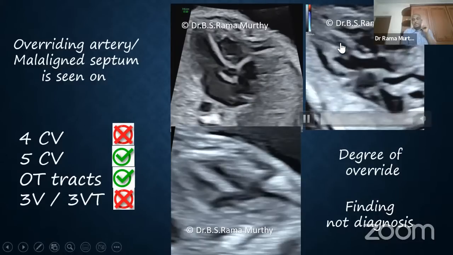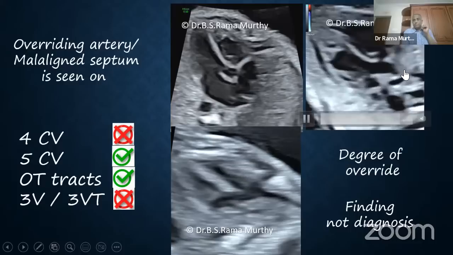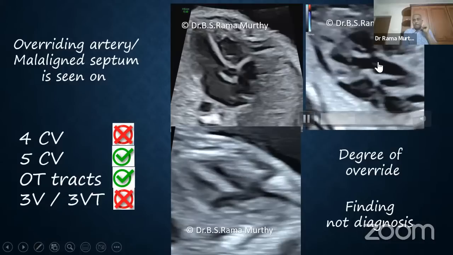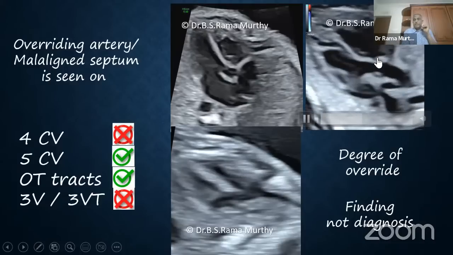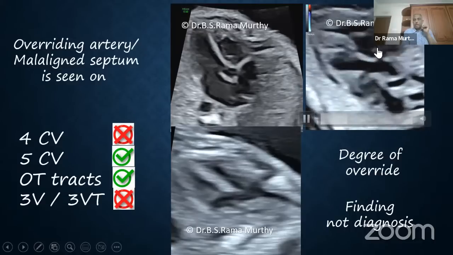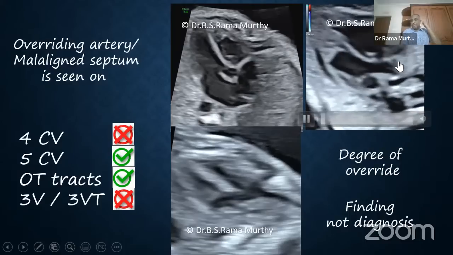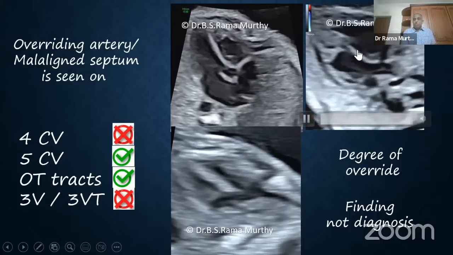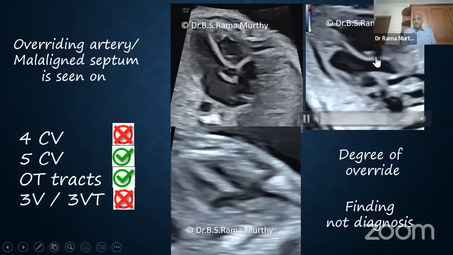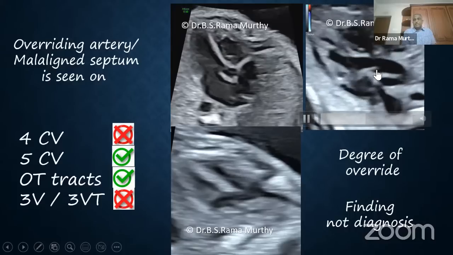Okay, so let's look at this clip, and in this, I want you to see the aortoseptum in terms of continuity. All of you will agree that there is a discontinuity here, but although there is a discontinuity, there is no displacement of the aorta to override. The collinearity is maintained. You will see that the anterior wall of the aorta is still collinear with the interventricular septum in spite of this defect, and that is classically a membranous VSD or a perimembranous VSD.